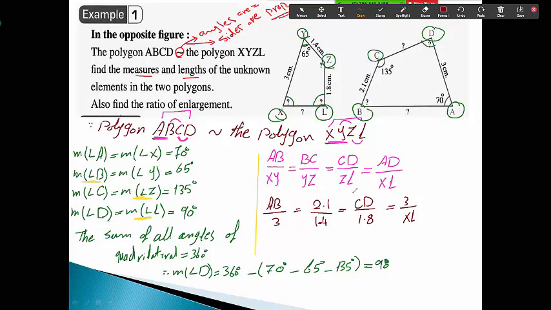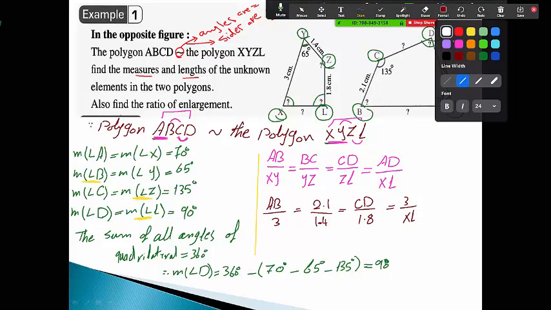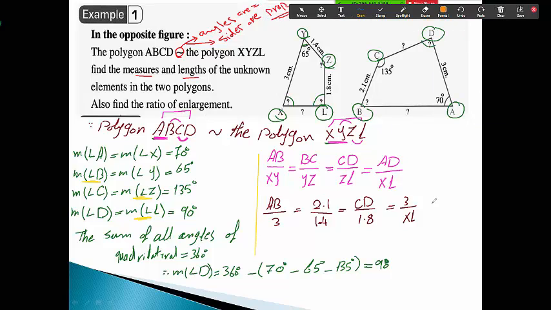Now we have a complete ratio. All these ratios must be equal. We can simplify this ratio, 2.1 over 1.4, to be 3 over 2. All of these ratios must be equal to 3 over 2,